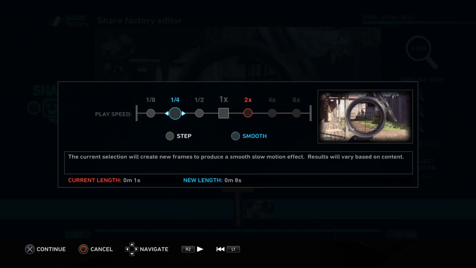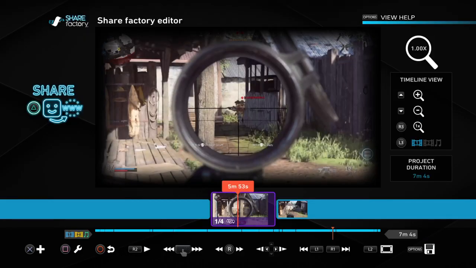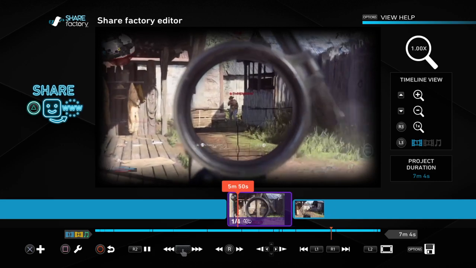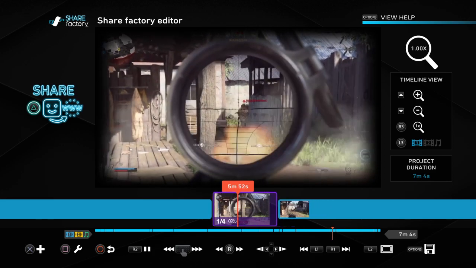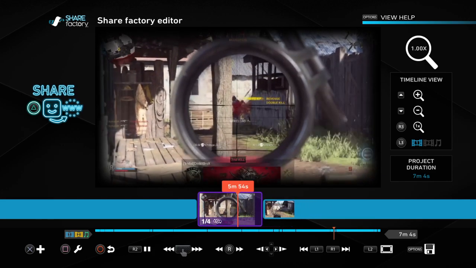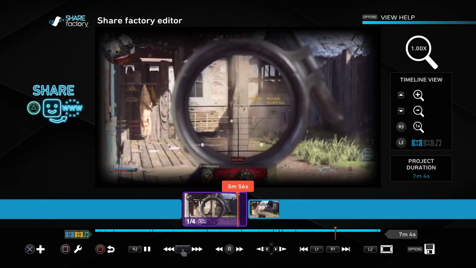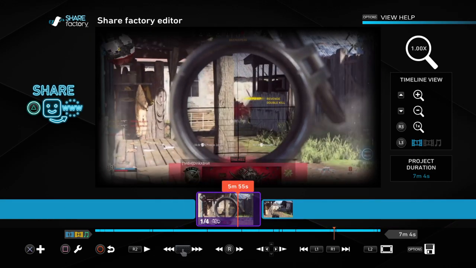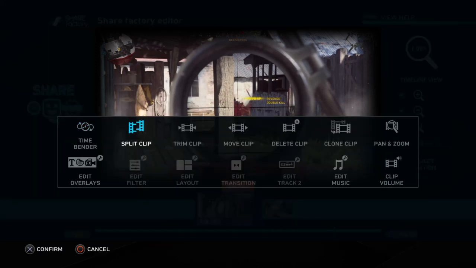So there you go, guys. Quarter speed at smooth. Let's have a look. There we go. It wasn't me making them grunting noises, by the way. Right, so again we're going to do a